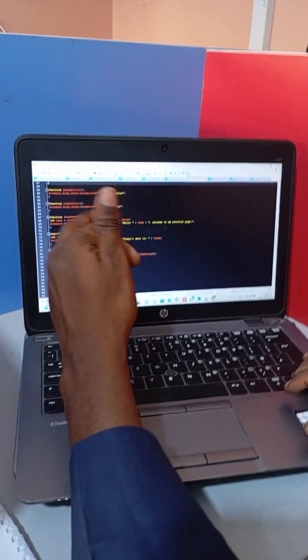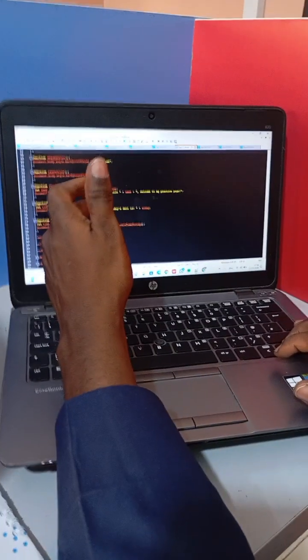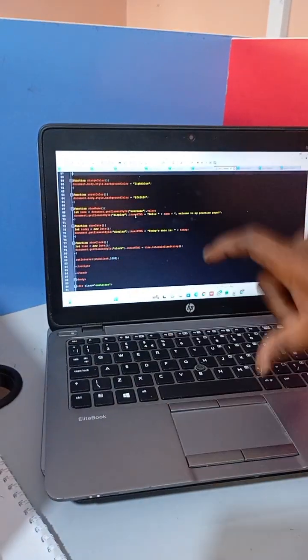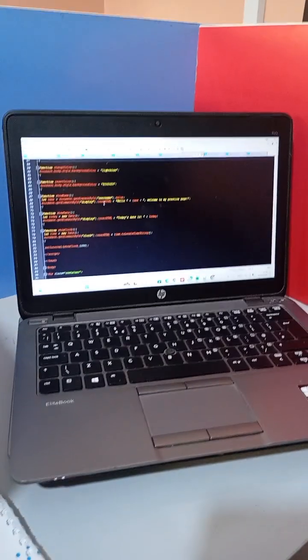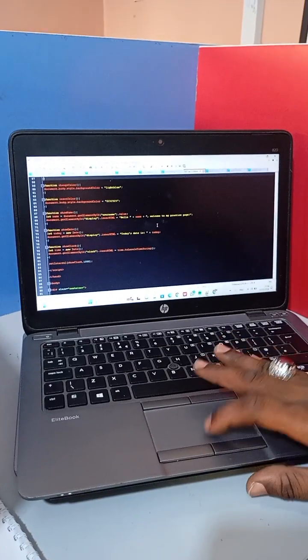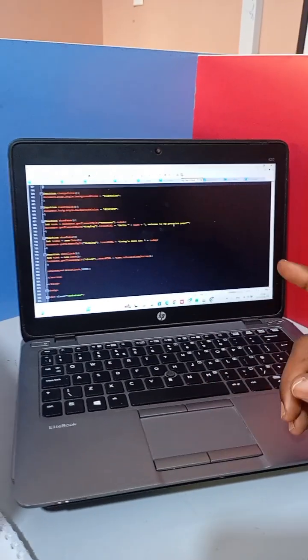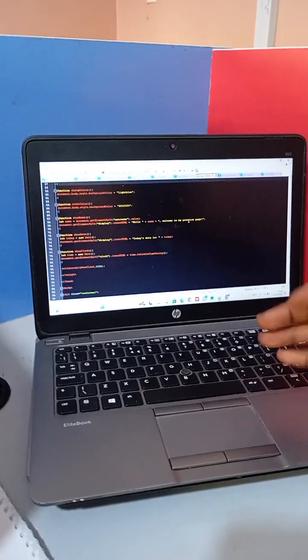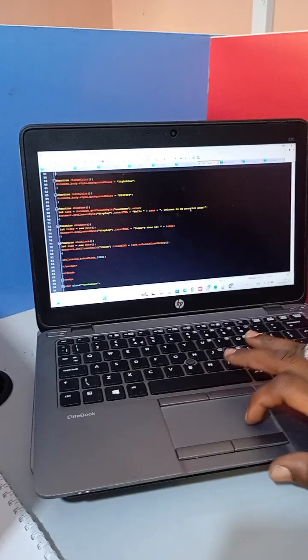Therefore, it will display the inner HTML, which shows hello plus the name of the person that was inserted in the given form. Then when you press the reset button, it will show you welcome to my practice page. This is for day 6.